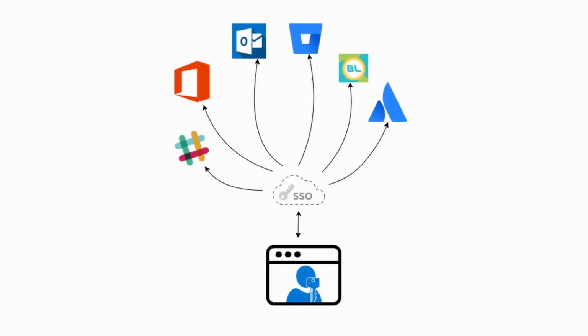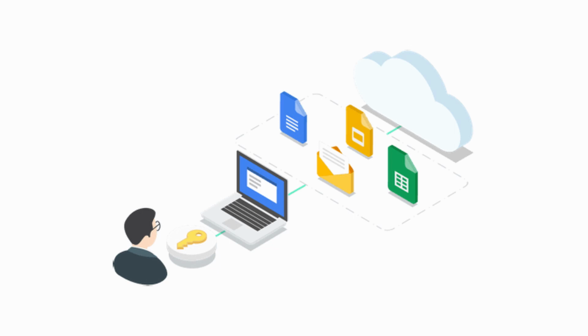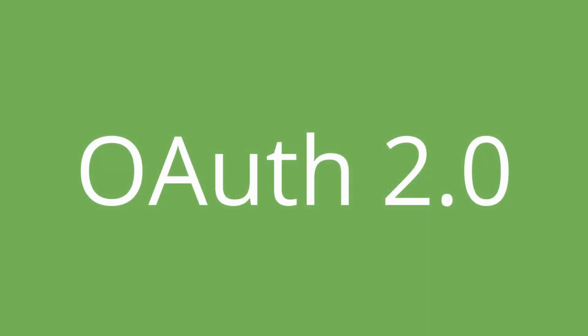Single sign-on is an authentication method that enables users to securely authenticate with multiple applications and websites by using just one set of credentials. This prevents the need for the user to log in separately into different applications. OAuth 2.0 is the industry standard protocol for authorization. OAuth 2.0 authorization framework is a protocol that allows a user to grant a third-party website or application access to the user's protected resources without necessarily revealing their long-term credentials or even their identity.